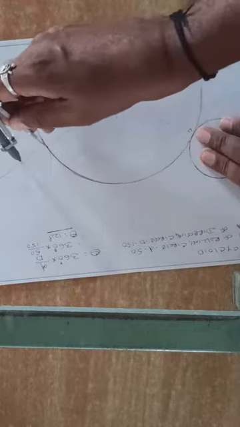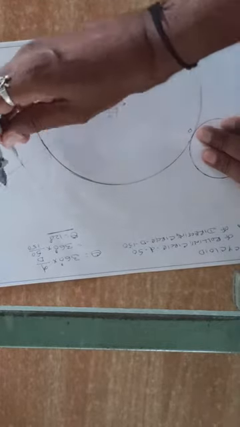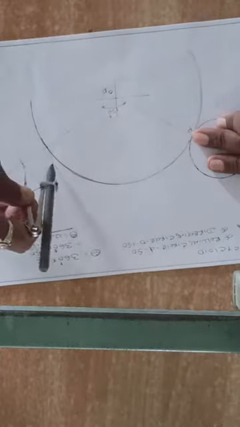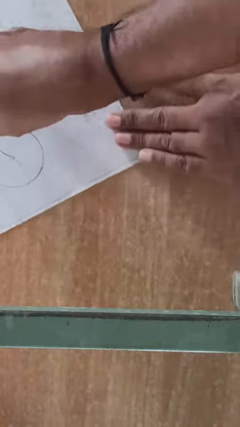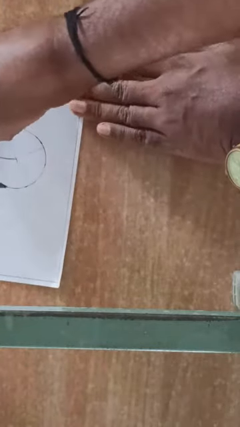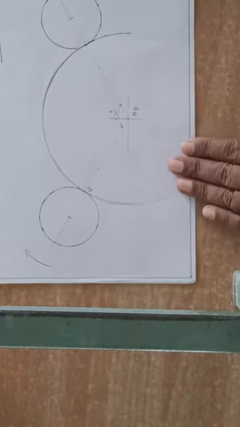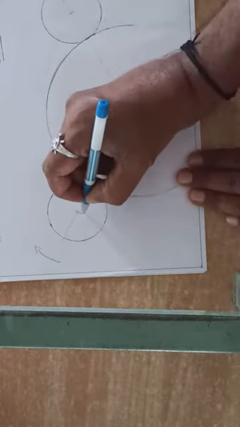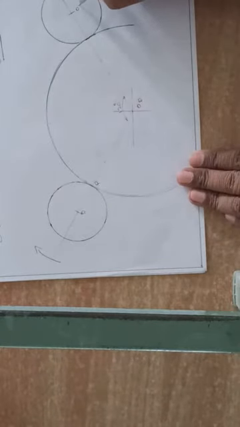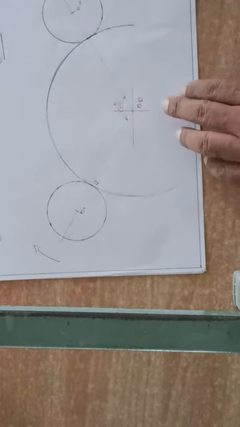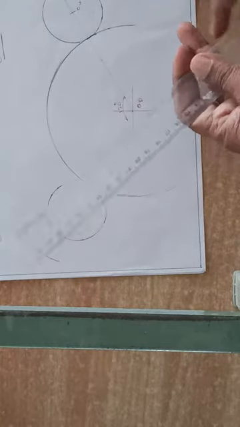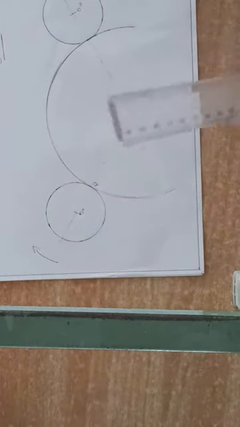And for the final position also, with the same procedure, locate the center of the circle in the final position with the same radius and draw the circle. So it denotes the first and final positions, like this. Now this is the center of the rolling circle in the first position and the center in the final stage. This is the zero position and final position. Now the angle between these centers is 120 degrees, that is, starting point and ending point.